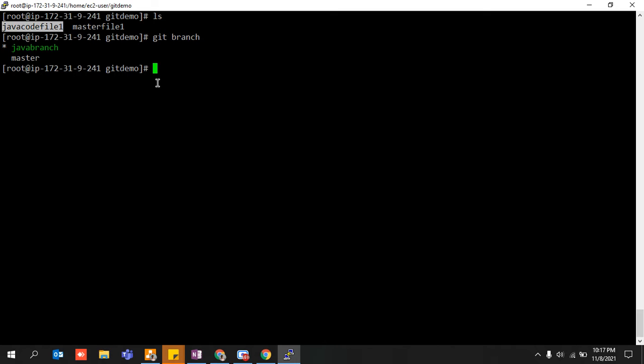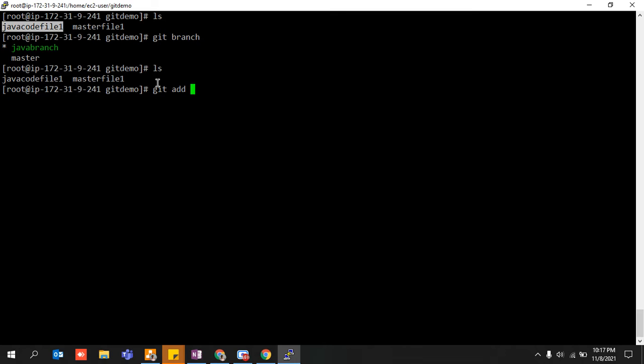There is only one command in order to merge the code that is coming from the Java branch onto the master branch. Again, just check it over here. It is showing two files. I'll simply add it, git add, so that this code becomes a property of the Java branch only, because Java code is written, so it should be a property of the Java branch only.